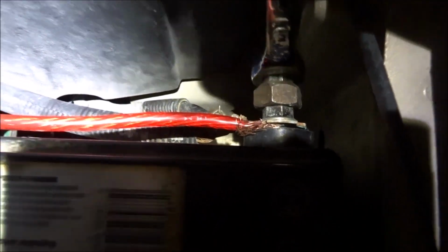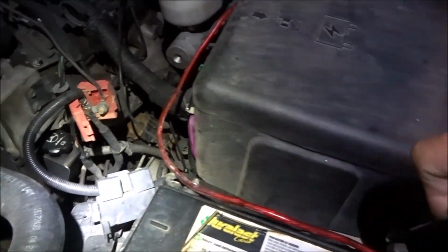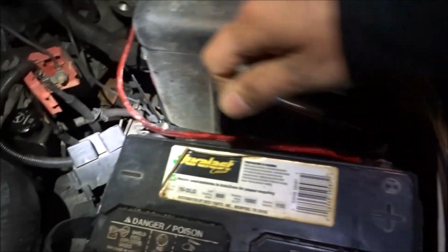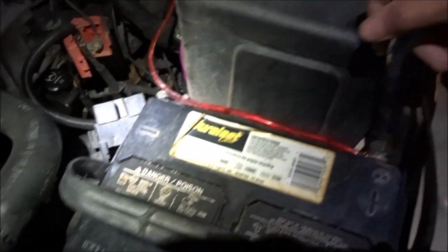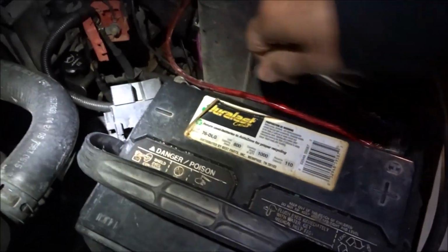This battery's messed up. You guys see that bolt? It was like that when I got the truck. I just haven't went and got a new battery. I was gonna ask AutoZone if they had those bolts. I forgot though. So, got this one put in, and then